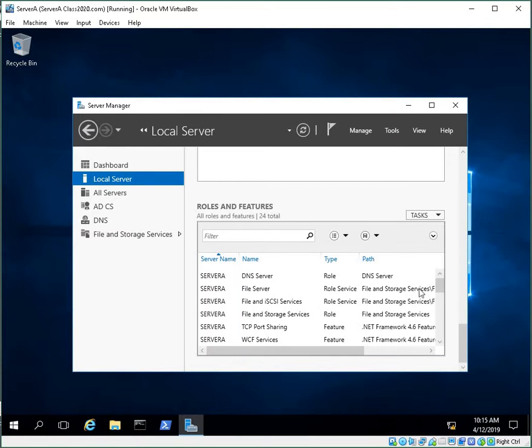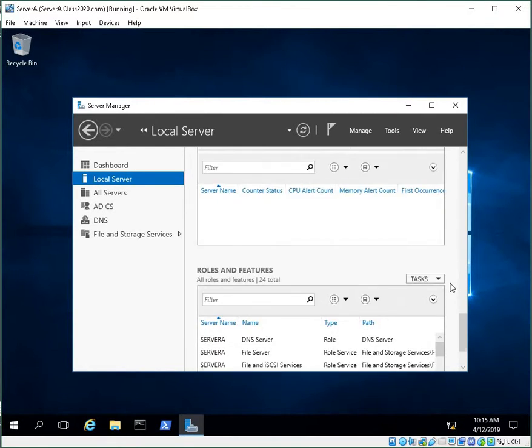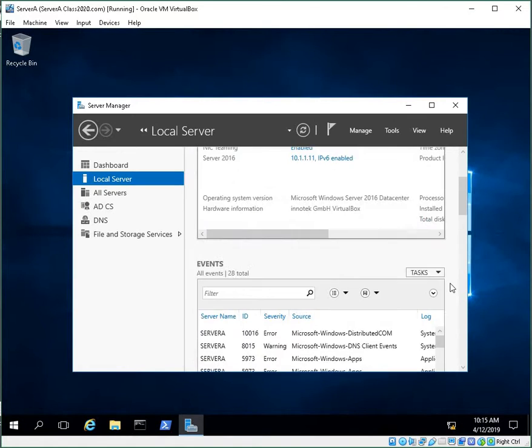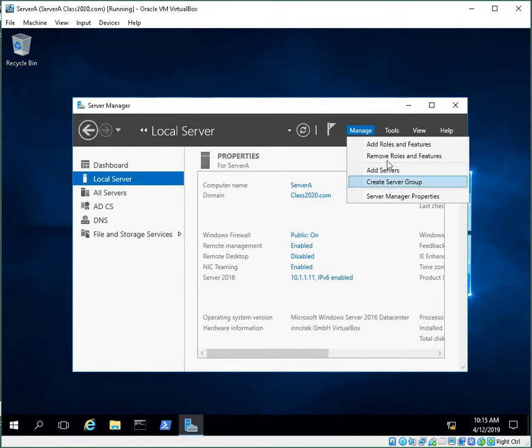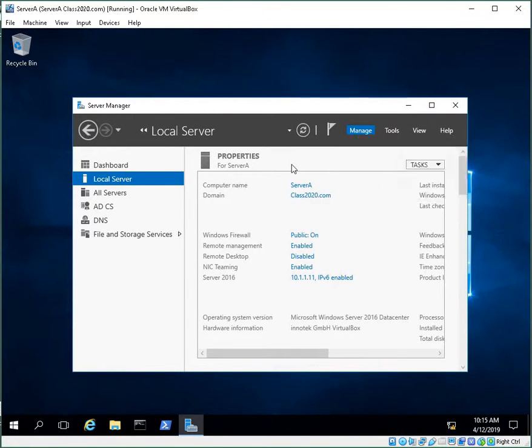Everything installed. Okay, and we've successfully promoted this Server A to a domain. So now, with that being completed, our next step in the tutorial is to add our Server B